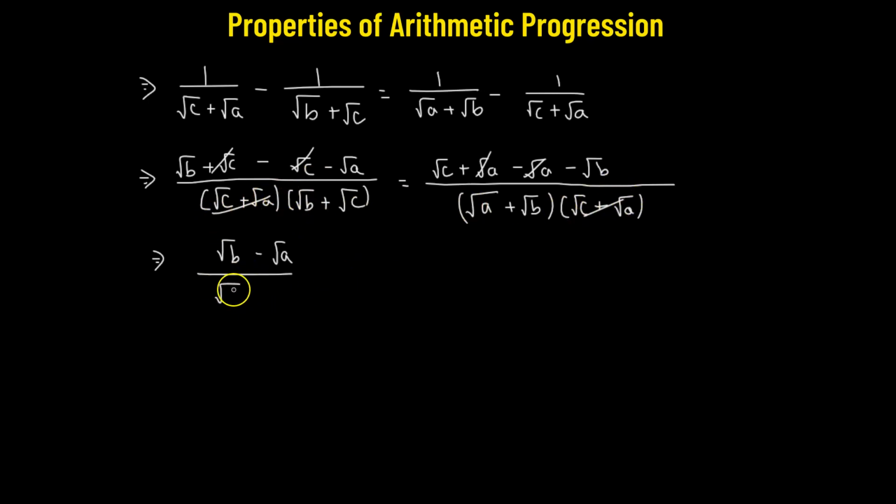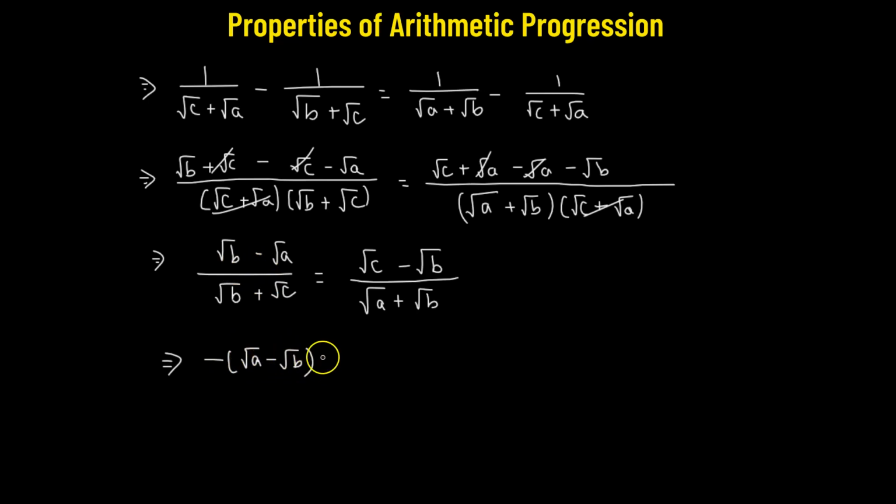That means we have in the denominator square root of b plus square root of c equals, and on the right hand side in the numerator we have square root of c minus square root of b divided by the denominator, which is square root of a plus square root of b. Now let's cross multiply. So here the numerator square root of b minus square root of a can also be expressed as negative times square root of a minus square root of b. This is multiplied by square root of a plus square root of b equals